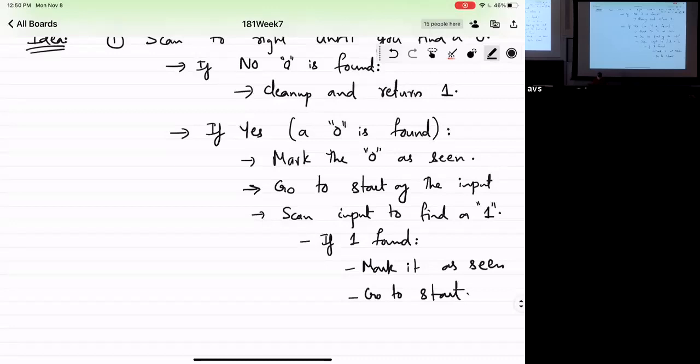Okay? And if 1 not found, meaning there are more zeros than ones, I found a 0, but I cannot find any more ones in my input. You clean up and return 0. Okay?